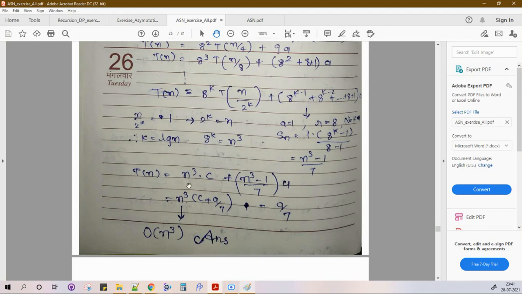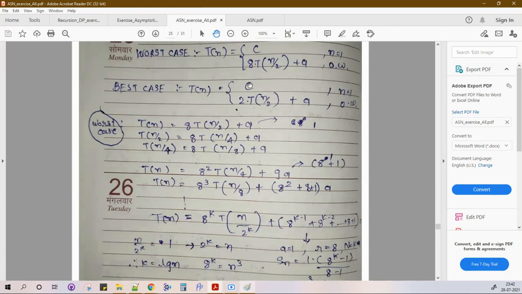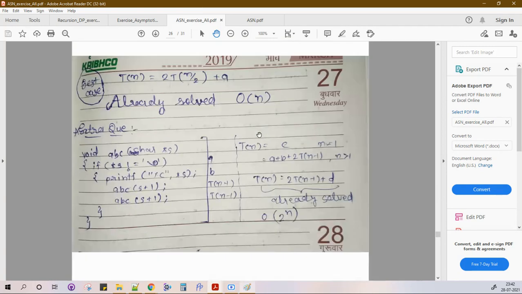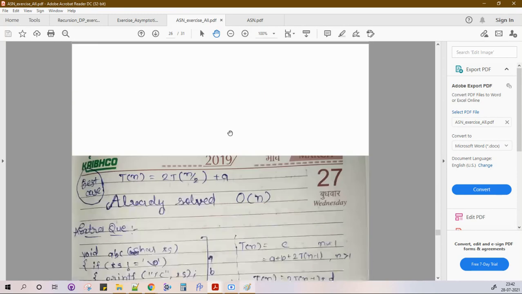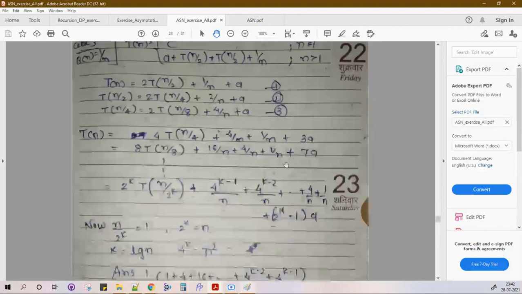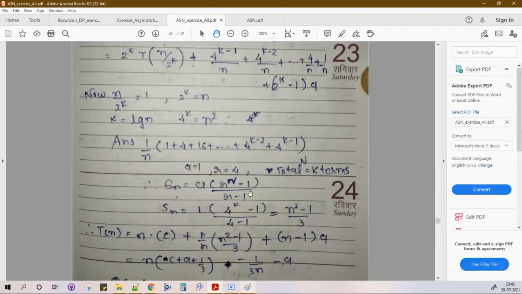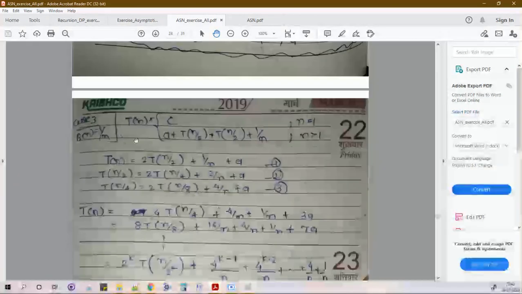So if you simplify it, the degree of this polynomial is 3. That's why it is order of n cube, right? Because we are making 8 calls of n by 2 tasks. And this we already saw, it is order of n, sorry, order of log n, I guess. Order of n, yes. Already we solved 2T(n by 2) plus a in the previous example, right? Now let's take this, now still not take this. Okay, this is geometric progression, so this would be now trivial, this tough question.